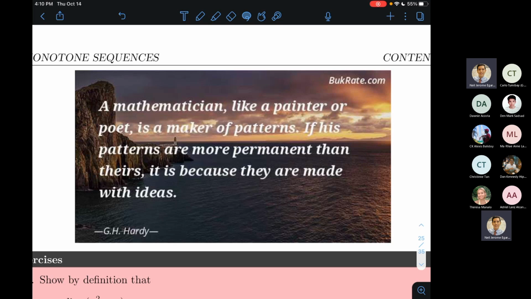Kaya siguro makikita nyo, konti lang yung mga examples na nakikita natin ngayong nag-aaral na tayo ng theoretical math. Because we are not just after specific case. We want to extrapolate the different patterns out of these specific examples. And the reason why is that these patterns are more permanent than specific cases. So we are weaving together ideas to form a coherent theory, and this theory proves to be